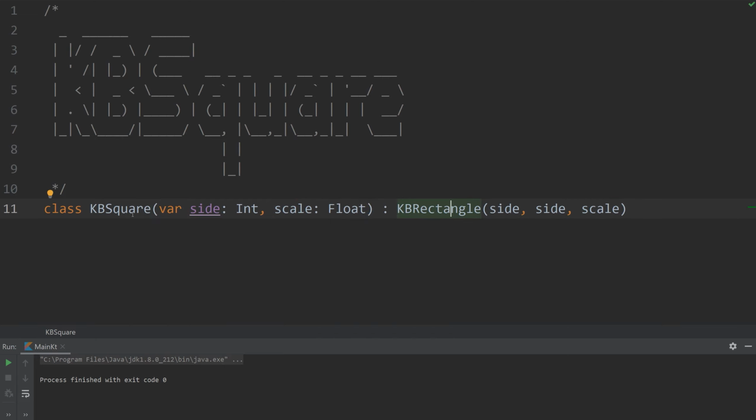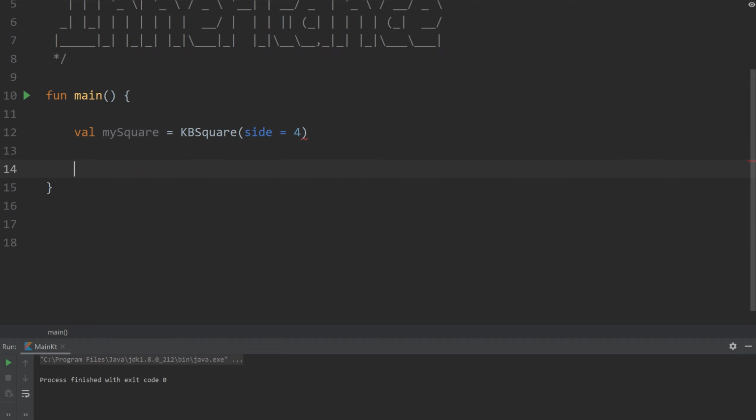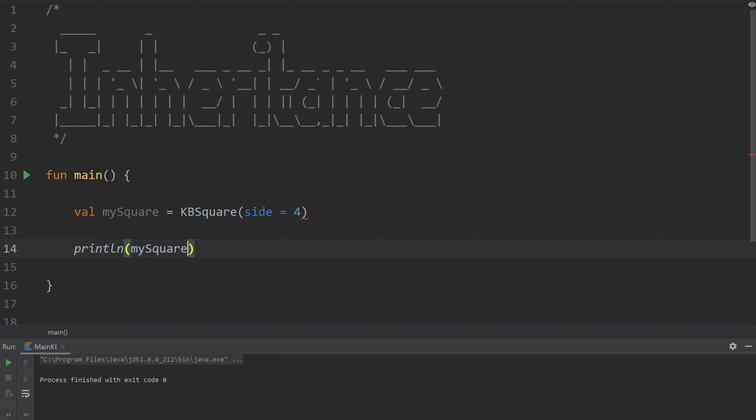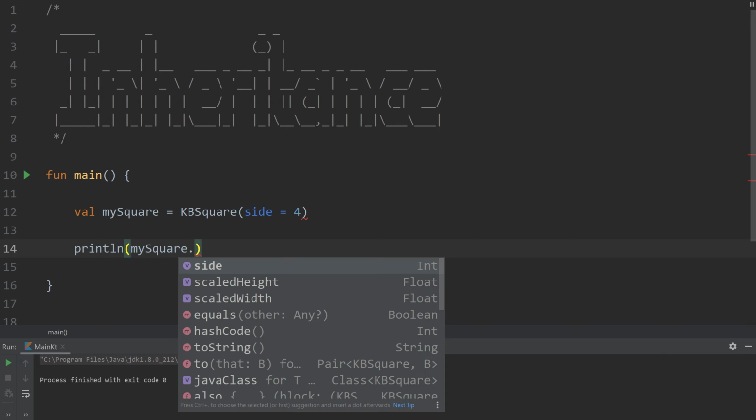Now, KB square, as you can see, it's very limited here. We don't have any additional properties. And the idea with inheritance is that it's going to pull everything that's within KB rectangle and give KB square those abilities. So back in our main file, we should be able to print out my square, side, scaled height,